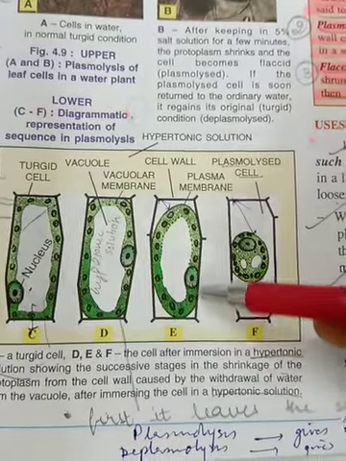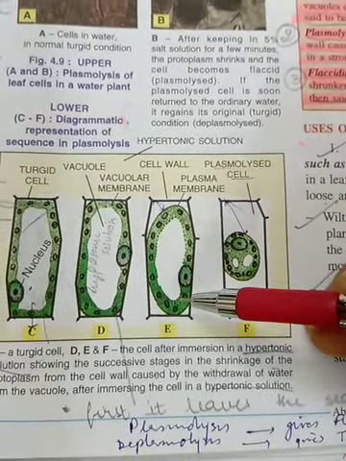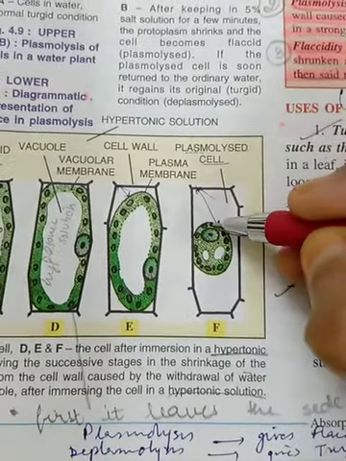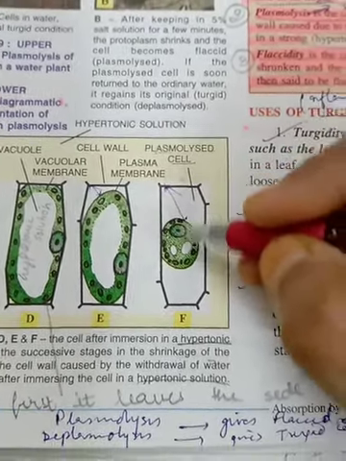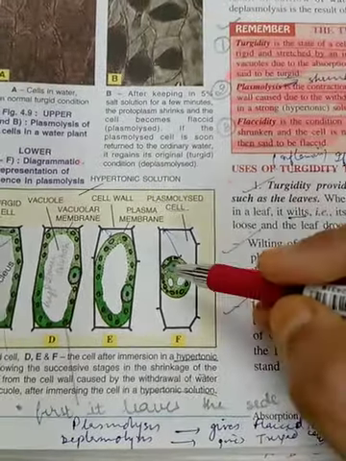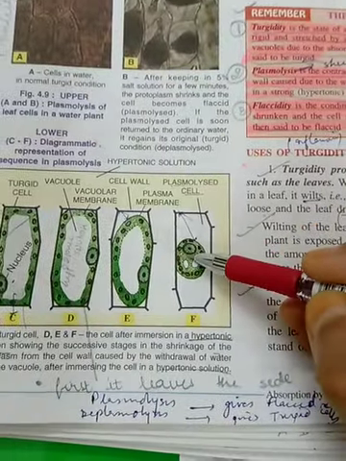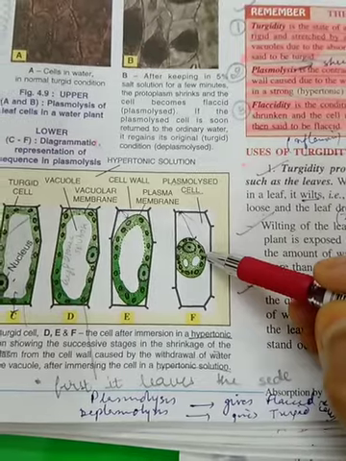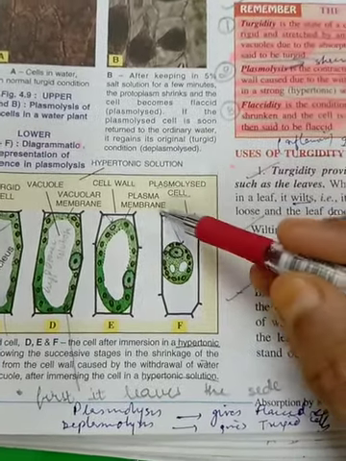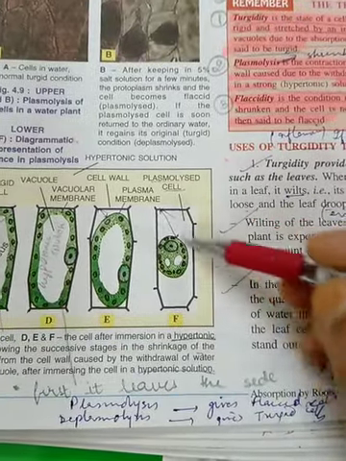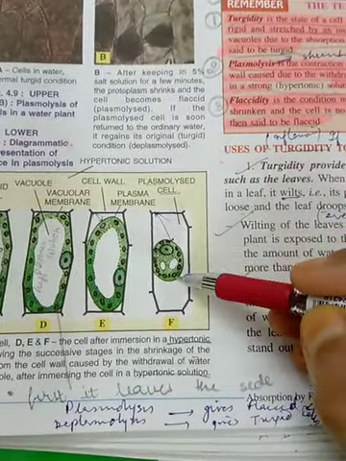This is the cell membrane. Whereas cell wall is rigid, it's at its own place. And look at the gap now between cell wall and the cell membrane. This huge gap, right? This state of the cell is called as a plasmolysed cell. And this process leading to this condition of contraction of cytoplasm from the cell wall due to withdrawal of water, and when it was placed only in a strong solution of sugar or salt, this condition is called as a plasmolysed cell and the process called plasmolysis, right?